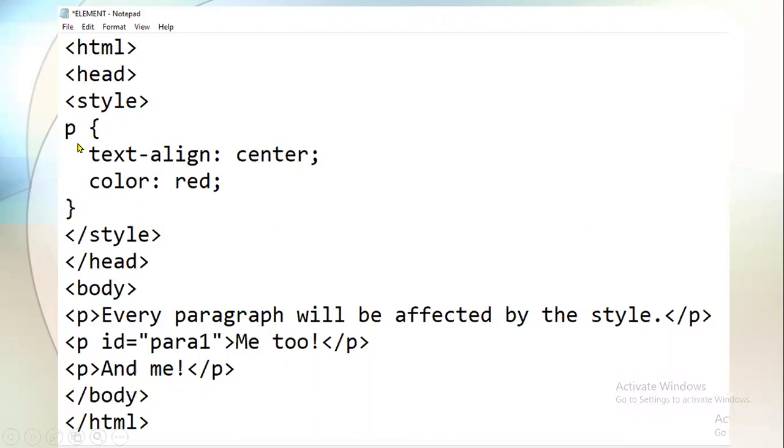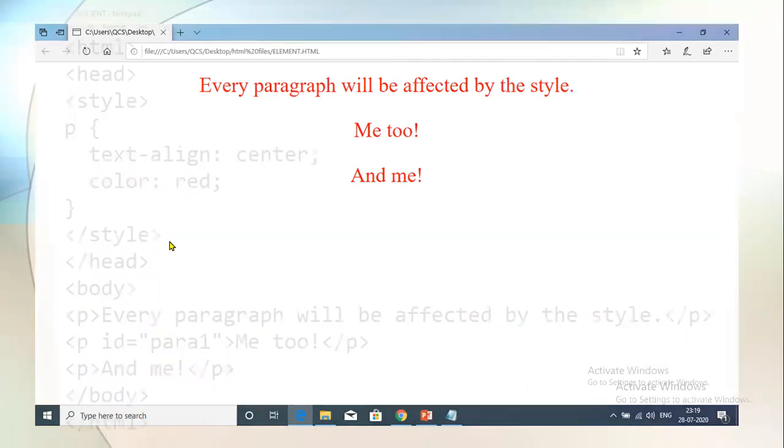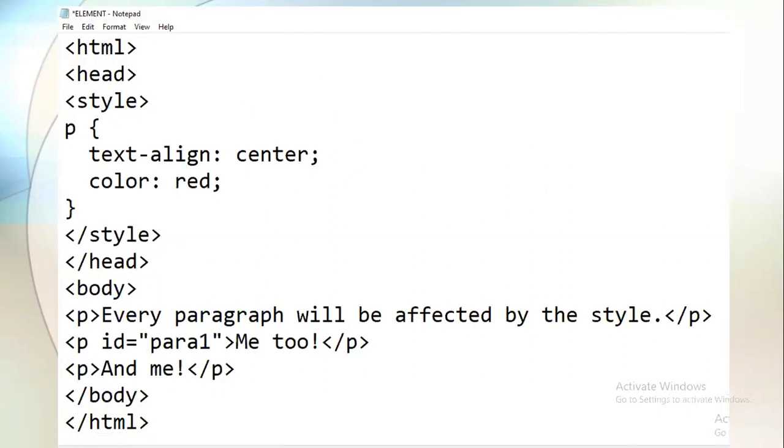So if you want to apply formatting to the same type of tag, how can you do this? You need to write the tag name, which is also known as the selector. Then you start the curly bracket and define the properties. The first property is text-align, and I want the text aligned center. Color should be red, so the font color is red. So this would be the output. This is the case when you want to apply formatting to all the p tags present here.